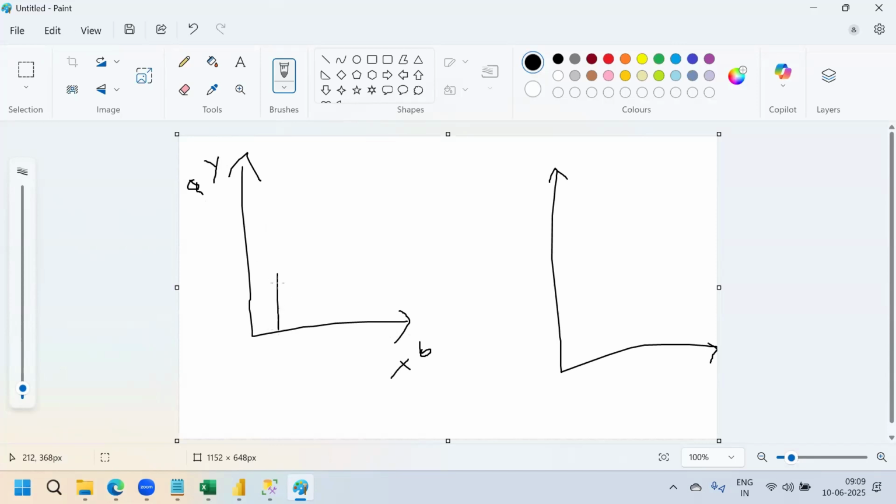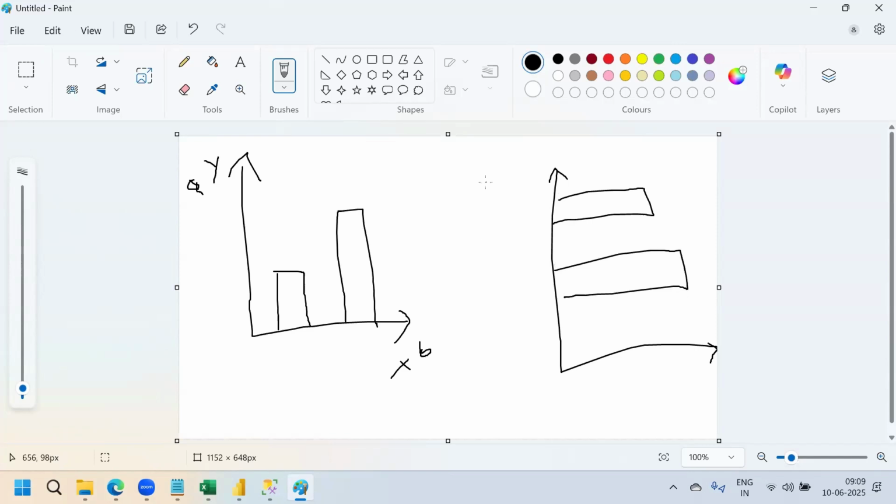Now, I have a visual like this. Out of these two, which one is called column chart? Which one is called bar chart? The first one is the column, and the second one is the bar. Right. Okay. The vertical things are called columns. Okay. And the horizontal ones are called bars. Right. And now